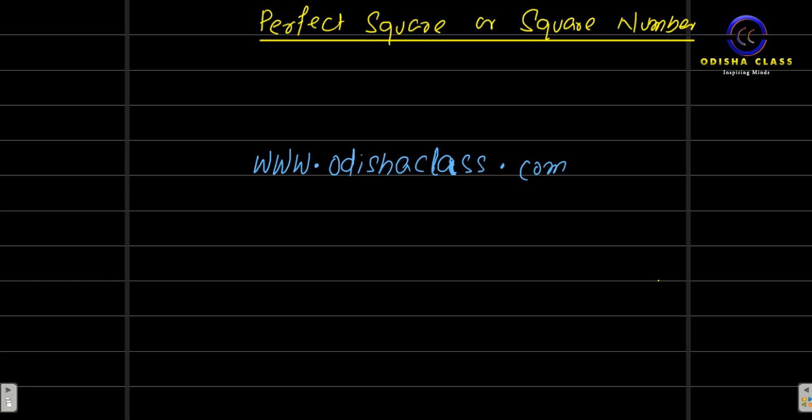In our last tutorial, we studied how to check whether a particular natural number is a perfect square or not. If it is a perfect square, we also find the number whose square is that perfect square. Now let's study how to find a number by which a number must be multiplied or divided so that the product or result is a perfect square. If it is multiplied, then it is a product. If it is divided, then it is a result.